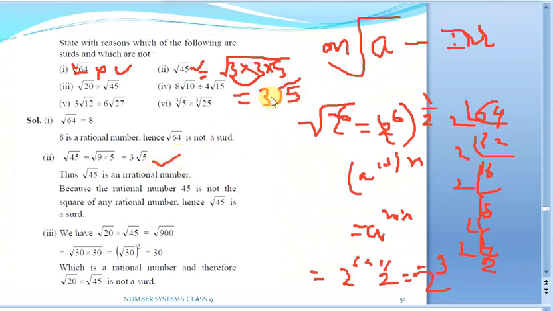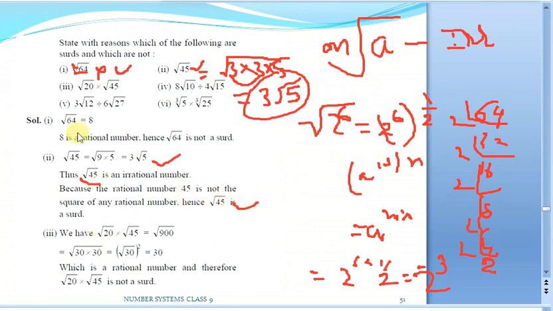Now come back to our original form. This is root 45. We know that root 5 is an irrational number, and we are multiplying it with 3, so that will again be an irrational number. We are doing this step to see whether the entire result is irrational or not. Now just come to our original form, square root of 45. It is in the form of nth root of a, that means it is a square root of 45. The entire result is an irrational number, so that is why it is a surd. So that is our second part.